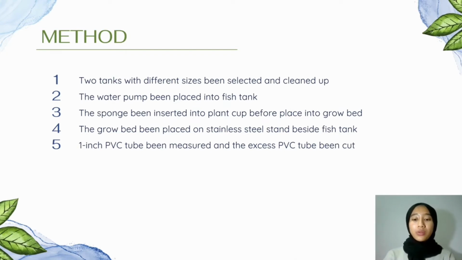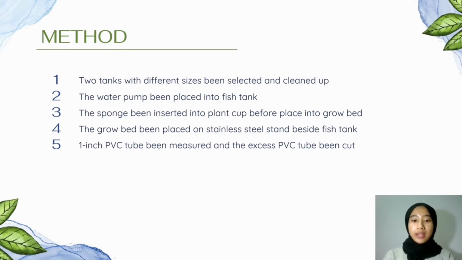The third step is the cylinder-shaped sponge being put into the plant cup before placing the plant cup into the holes of the grow bag. The fourth step is the grow bag, also known as the plant tank, being placed onto the stainless steel stand beside the fish tank in a slightly higher position by putting bricks under each foot of the stand, to ensure the water can run from the high pressure area, which in this situation is the plant tank, to the low pressure area,